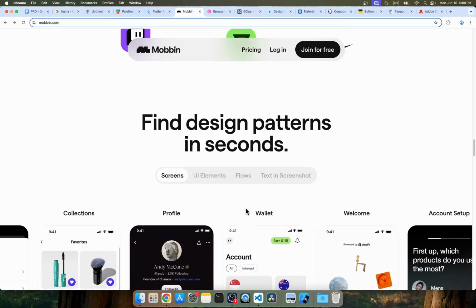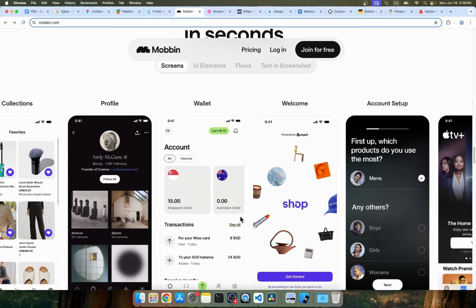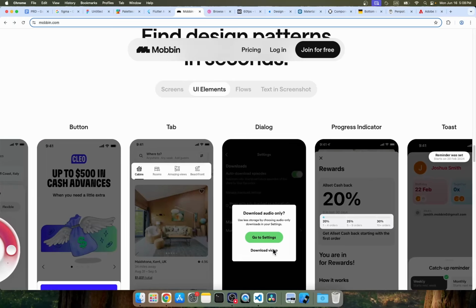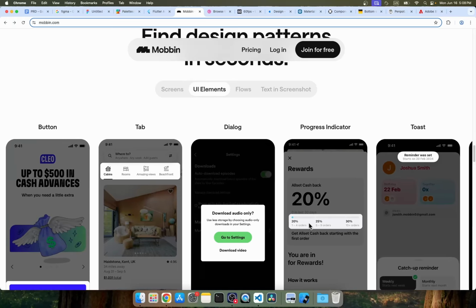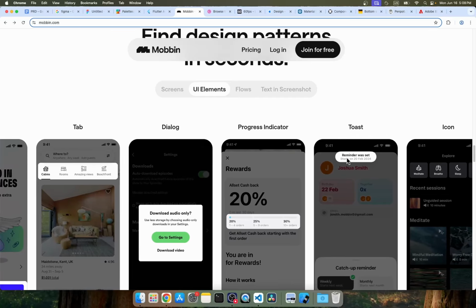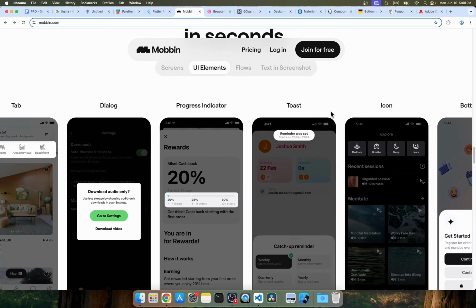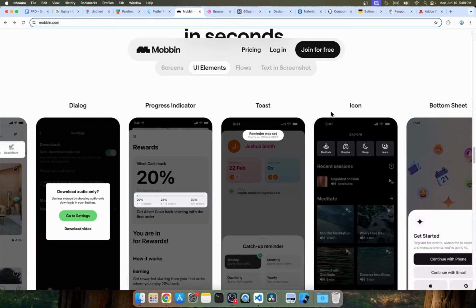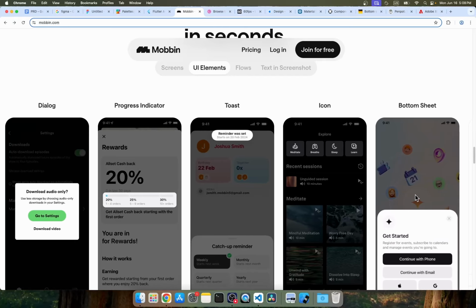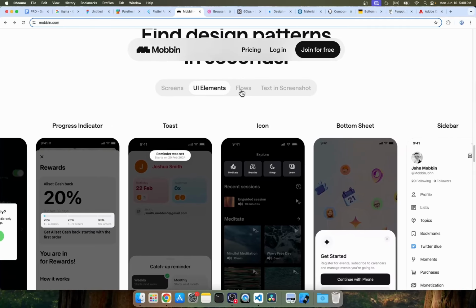What do their designs look like? You can look at screens, you can look at UI elements, dialog boxes, sliders, loading bars, text. How do these apps show text? What kind of bottom sheets they show, dialog boxes, and flows,